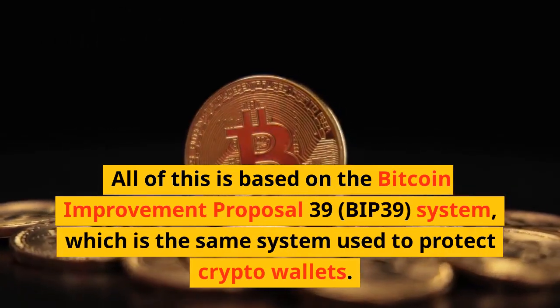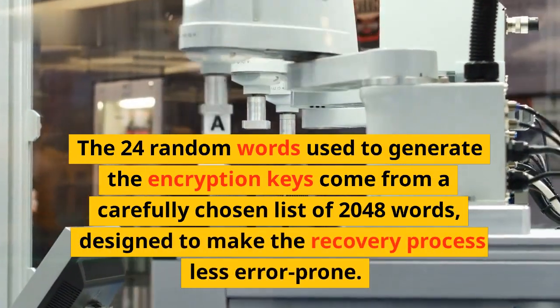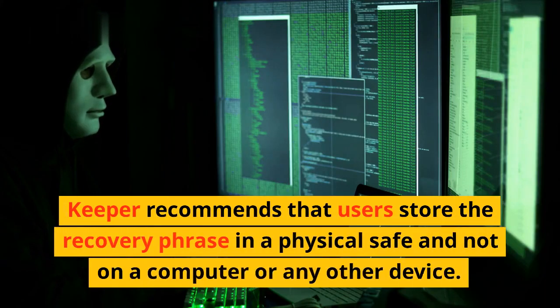to protect crypto wallets. The 24 random words used to generate the encryption keys come from a carefully chosen list of 2048 words, designed to make the recovery process less error-prone. Keeper recommends that users store the recovery phrase in a physical safe and not on a computer or any other